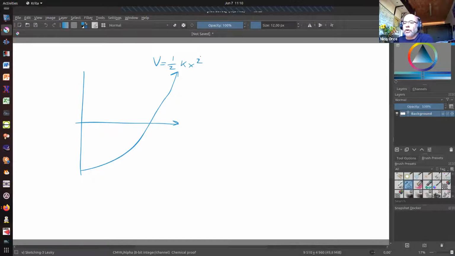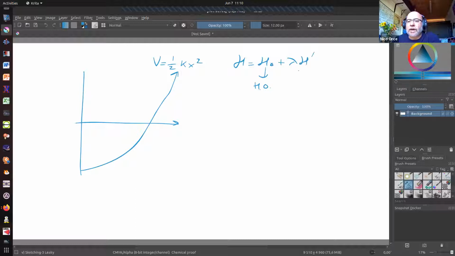And to that potential, we added a perturbation. So basically, we have a Hamiltonian, which is given by our harmonic oscillator, plus a little perturbation, which was our spin orbit interaction. Right? So by doing so, we move our equidistant levels,